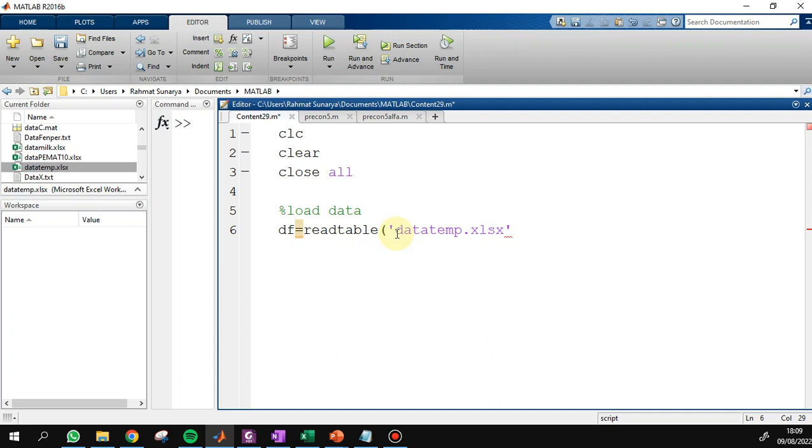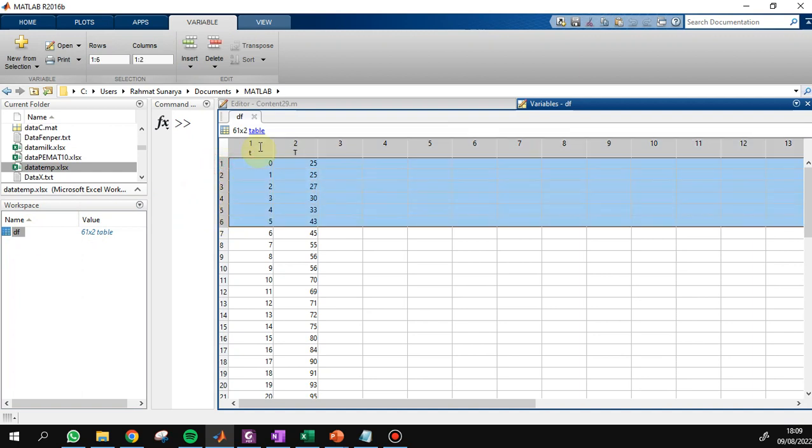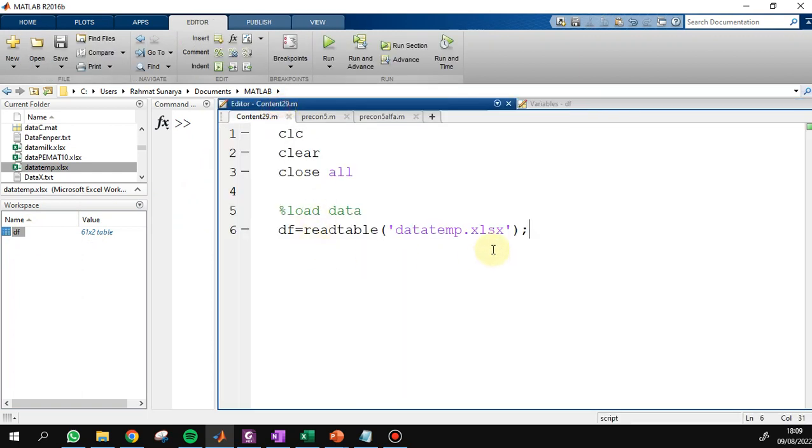Okay, run. We have df, or the data file. Next we need to transform from table to array.